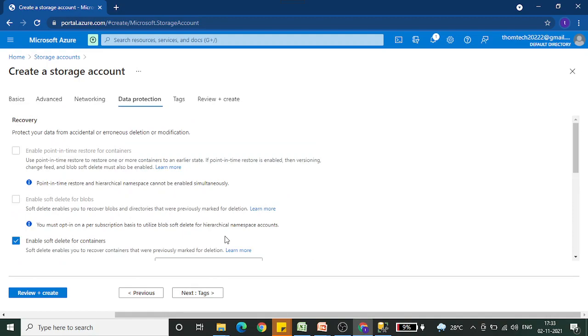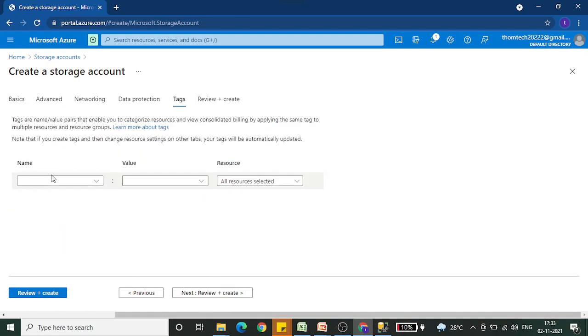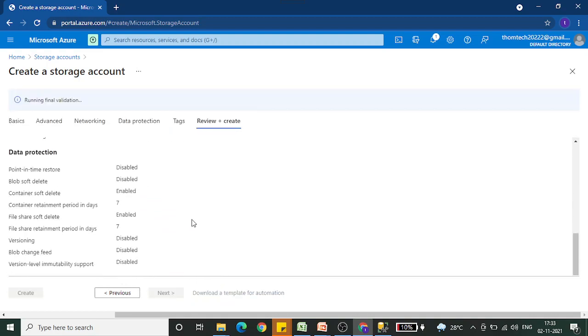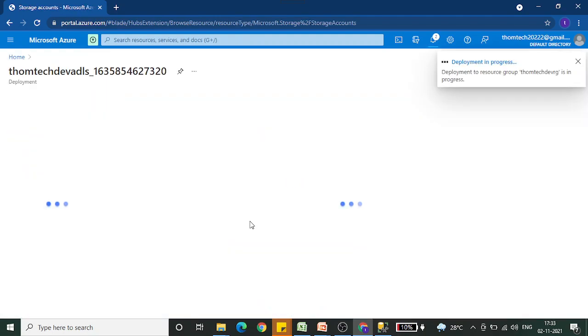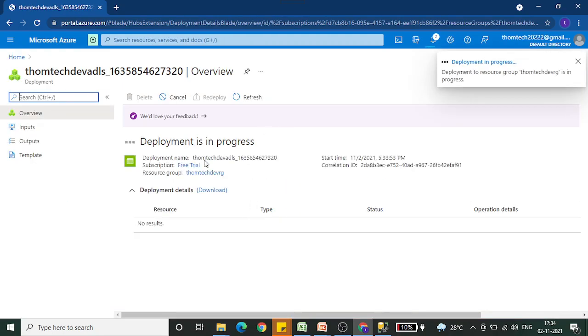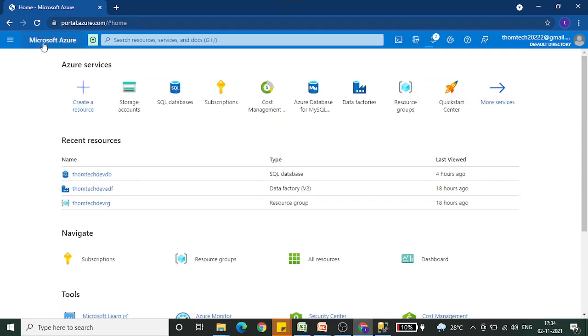Let's click on next. Any tags we want to add, we can add, just to flag whether it's UAT, prod or dev, or any other information that you want to show to the user who is accessing this. Let's click on next, and now it will validate the resource that we are going to spin up. That's it, it has validated. Click on create. Okay, so let it complete and let's wait here for one minute.